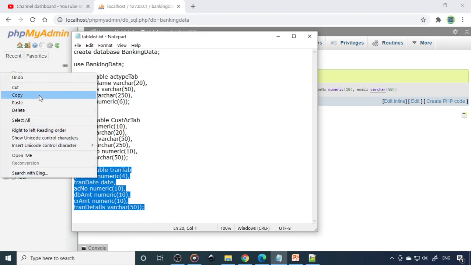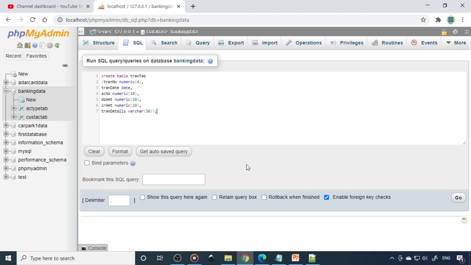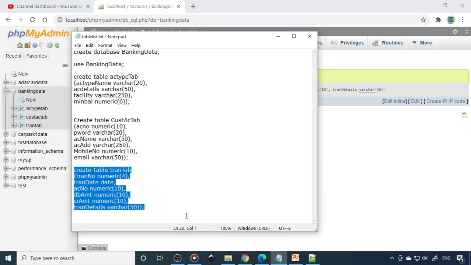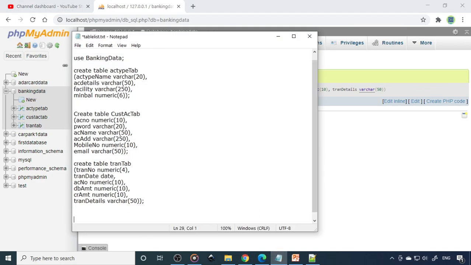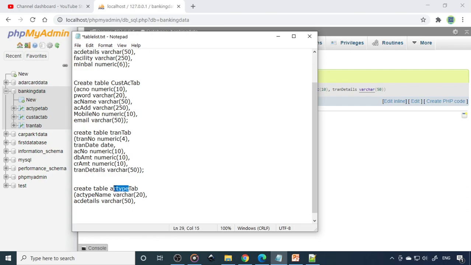So this is the transaction table. So then we'll create the transaction table too. Now you can see that 3 tables are there. Okay. So we need one more for admin login. So therefore what we can do is copy this, then paste. So call it a login table.